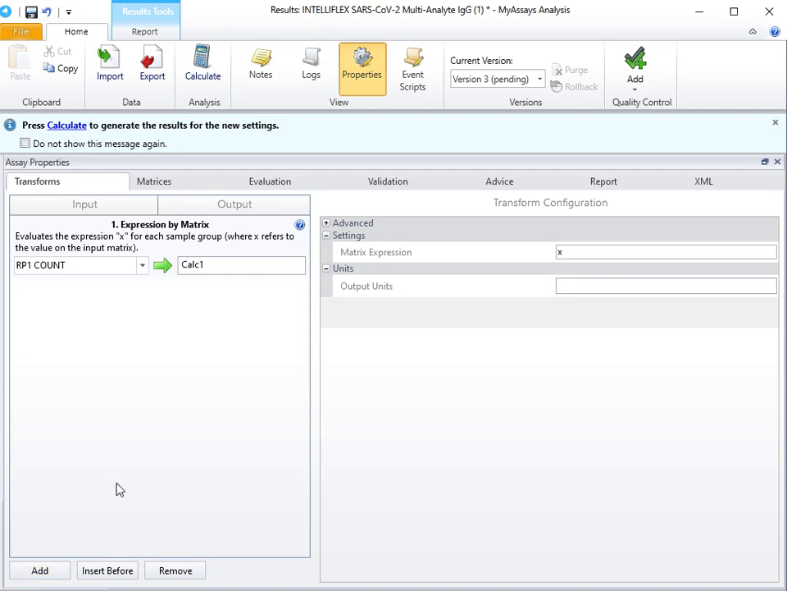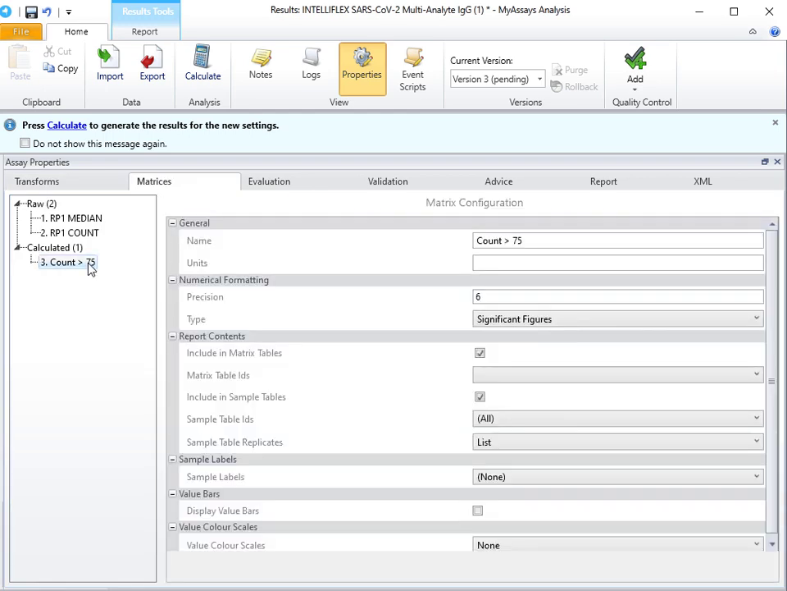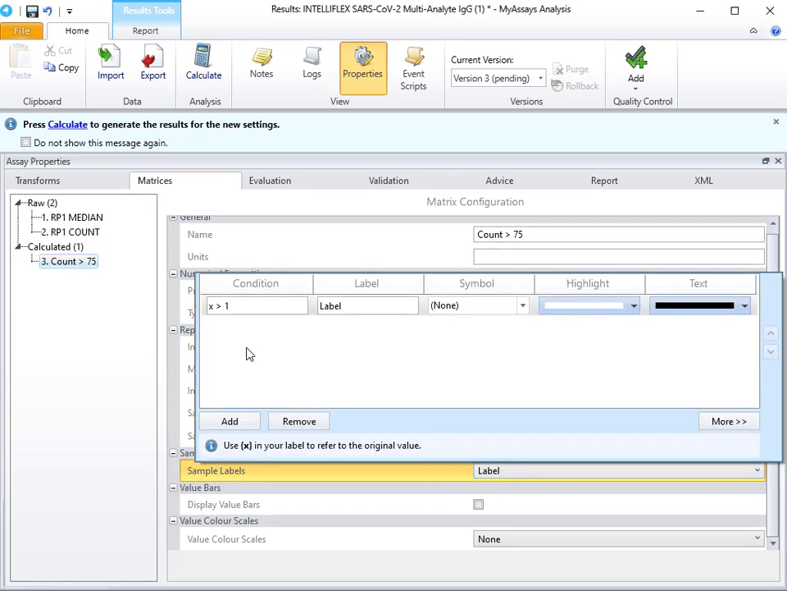This will essentially serve as a placeholder to allow me to apply a sample label while still displaying the numerical count value. I'll select Count as the input data matrix and name the output matrix Count greater than 75. I'll leave the matrix expression set to X. On the Matrices tab, I'll select the Count greater than 75 matrix and open the Sample Labels drop-down box. I'll select Add, and the condition for our first rule will be X is greater than 75 with the label